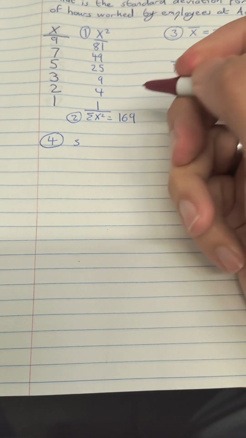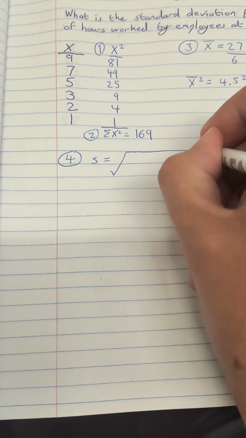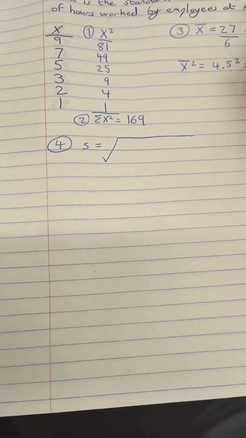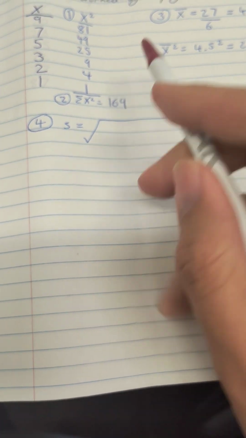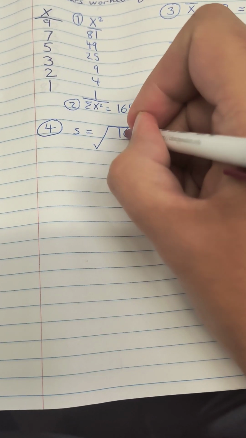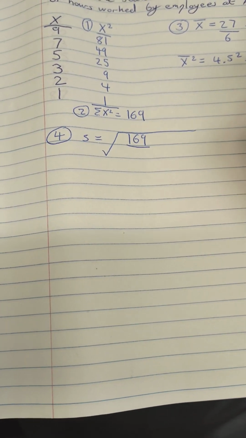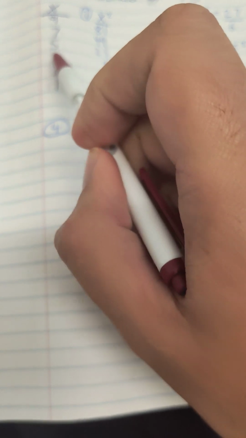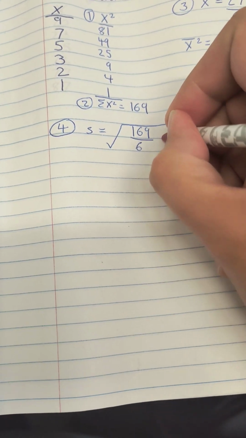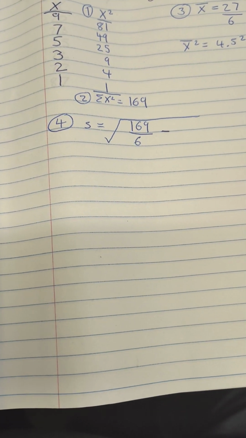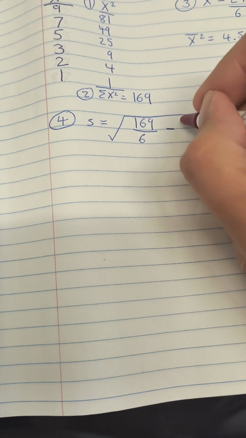From here, we can plug this into the standard deviation for raw scores formula. So solving for s, we're going to plug in first the sum of x squared value, which comes out of step 2, 169. So it is 169 over n, and n again is 1, 2, 3, 4, 5, 6 cases. And then we're going to subtract from that our mean squared out of step 3,